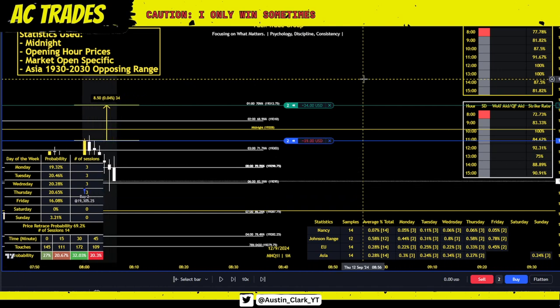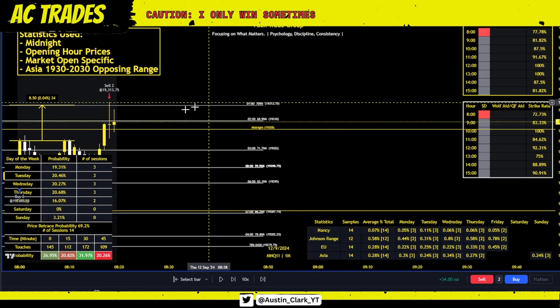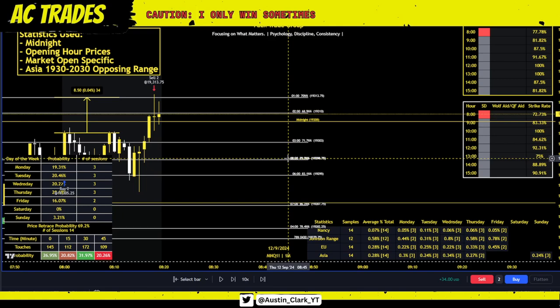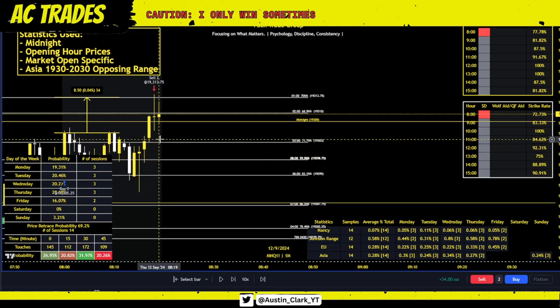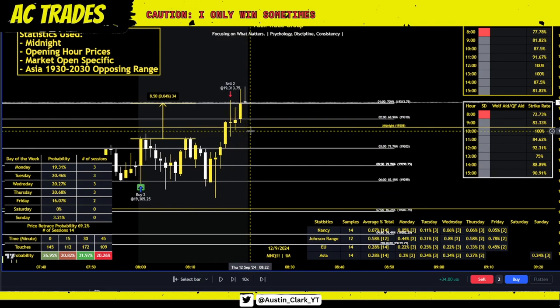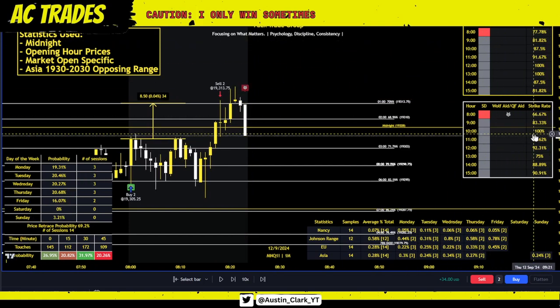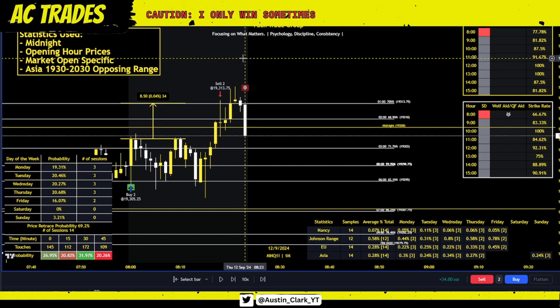Not every day is going to be massive home run days, right? And so we get 34 bucks, 2 micros here, right? And now we're moving into taking every single data point to the upside out. We took the 1 o'clock, 2 o'clock, midnight. We're coming into 10 o'clock here with a 100% probability strike rate from our objective entry criteria.